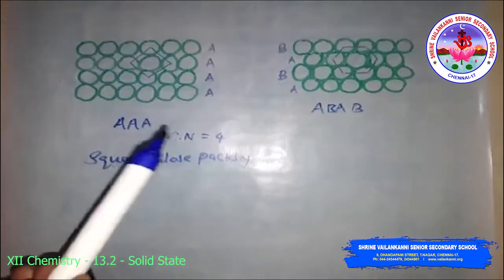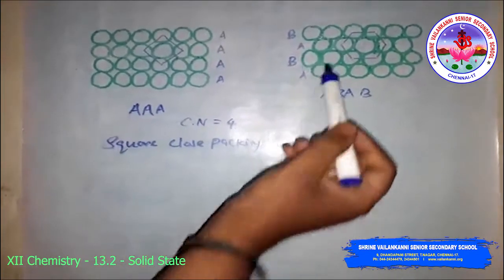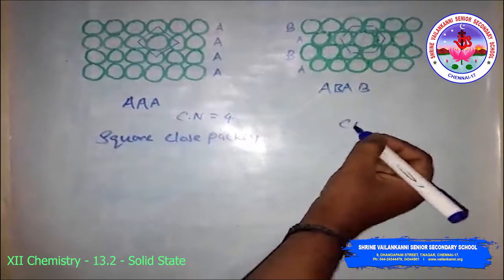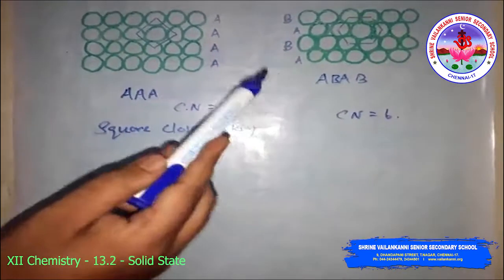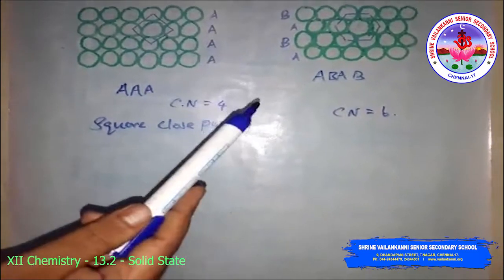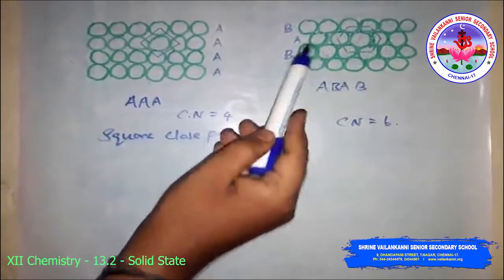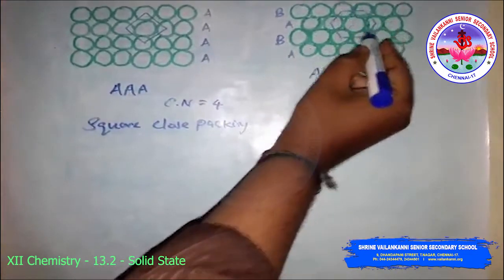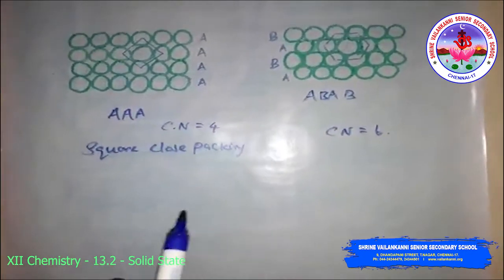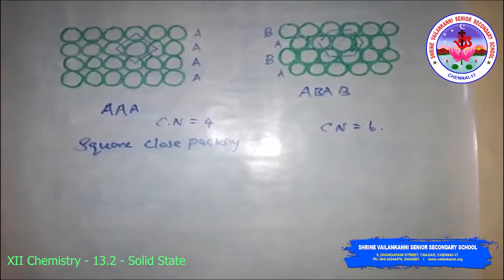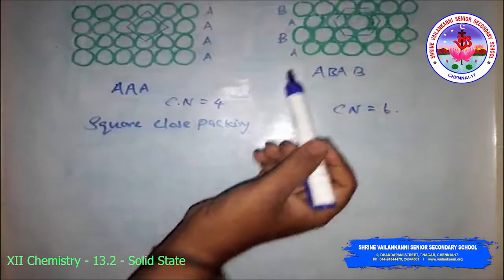So here each sphere contacts 6 neighbors, and the two-dimensional coordination number will be 6. So the centers of these 6 spheres are at the corners of a regular hexagon. So this packing is two-dimensional hexagonal close packing. This is because it looks like a benzene ring. Hexa means 6. Hexagonal close packing. The layers have some voids, that is, the empty space.